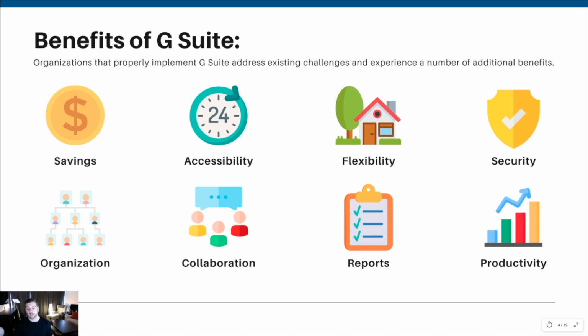Another thing is the reporting powers. You're going to get reports that you're able to generate for oversight on user activity. You're going to get reports for critical events. You're going to get reports for applications that are being accessed. There's a ton of different reports that you can set up, and I think it's very important to not neglect this. I see a lot of people not implement the reporting portion of their G Suite for Nonprofit instance, and